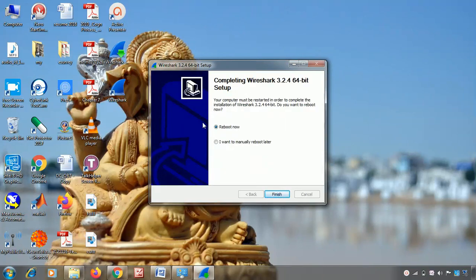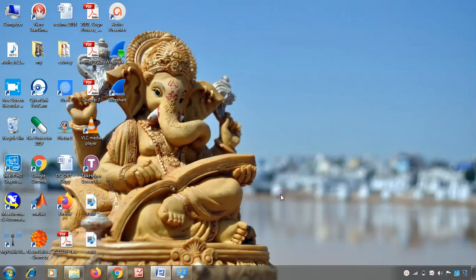It is asking that you have to reboot once the installation is complete. So currently I want to manually reboot later, and then you select finish. Once this is done, you will see Wireshark has been installed, and an icon is created on my desktop as I have selected. So friends, this was all about installation of Wireshark.